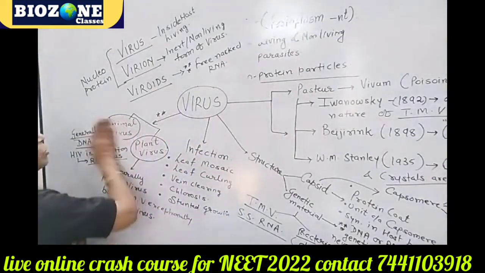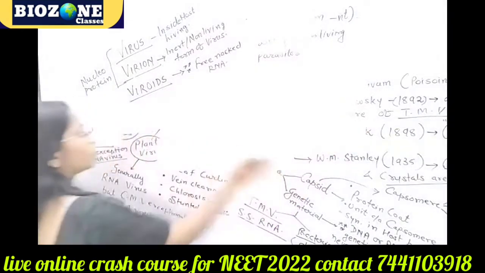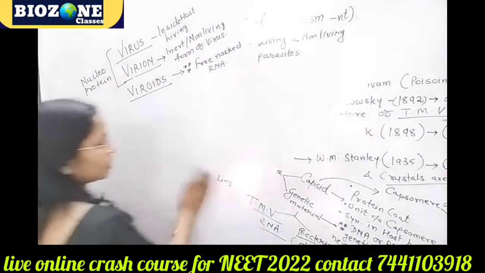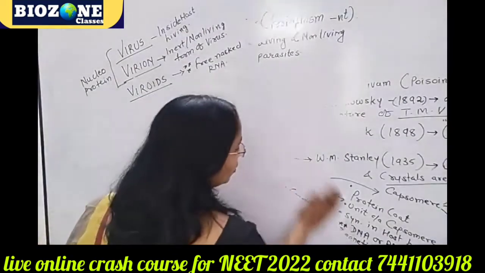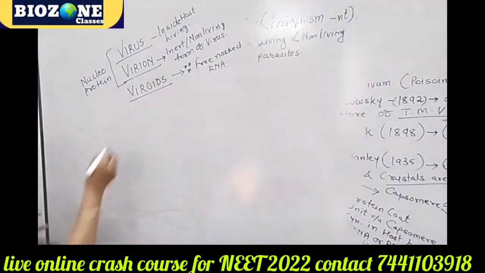So now we come towards the viroid. 4-5 statements. One is viroid, one is prion, and then after ligands are provided, and along with ligands, chapter आपका ये complete हो जाएगा, ठीक है? So next देखिए